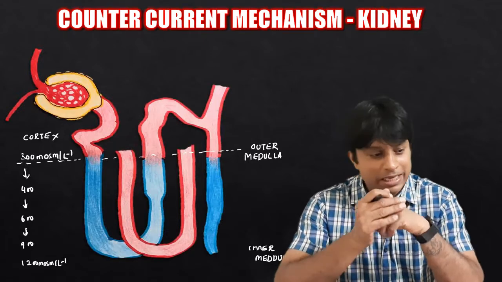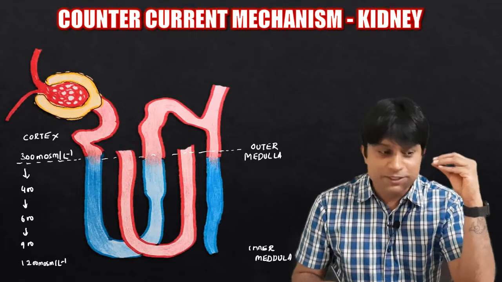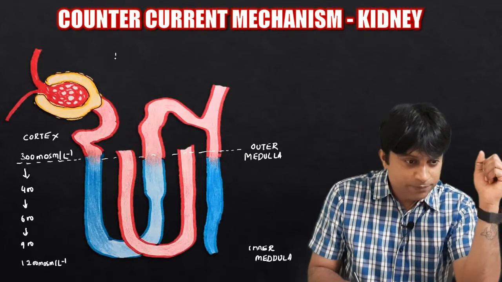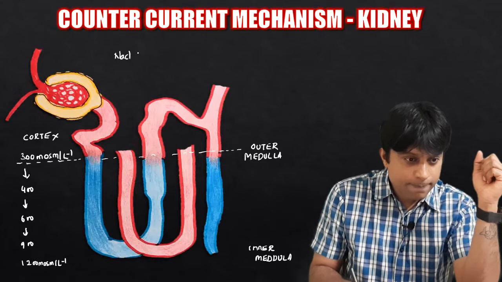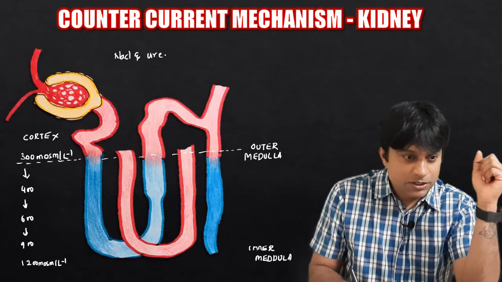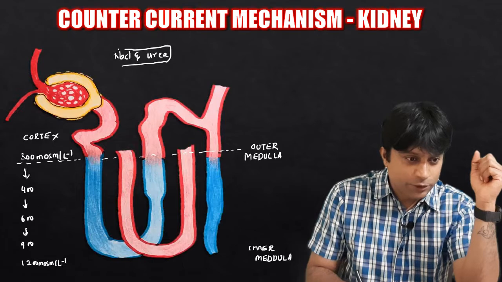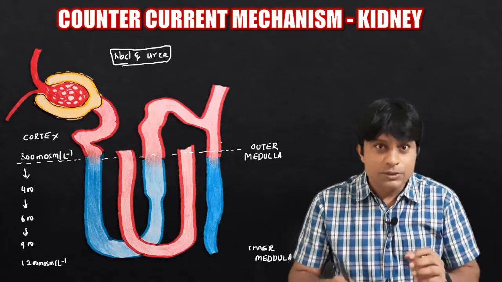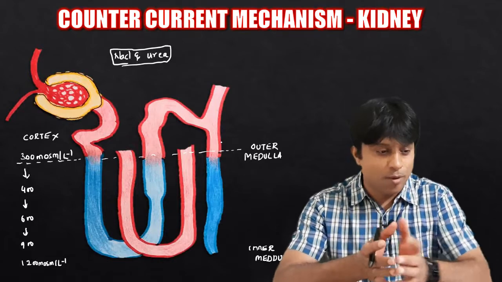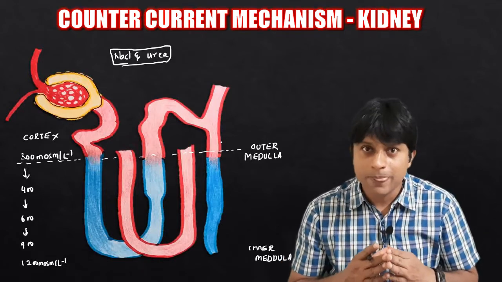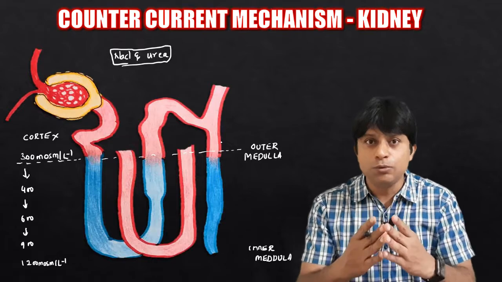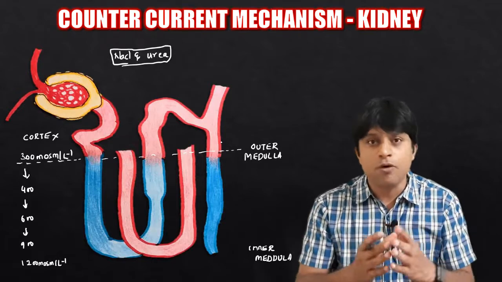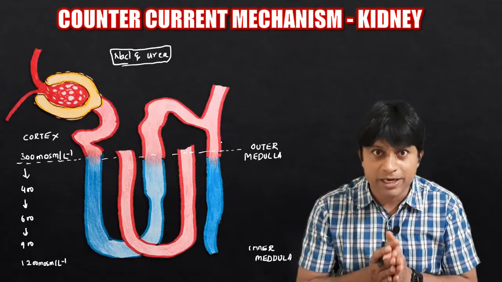Now the question comes: how is this osmolarity maintained in the medulla, and why are we studying it? The main components for the maintenance of this osmolarity of the medulla are sodium, chloride and urea. Just keep this to one side; we'll talk about this after a couple of minutes. I said the countercurrent mechanism operates in Henle's loop and vasa recta. These are the two key factors for making concentrated urine. That is how the countercurrent mechanism works.